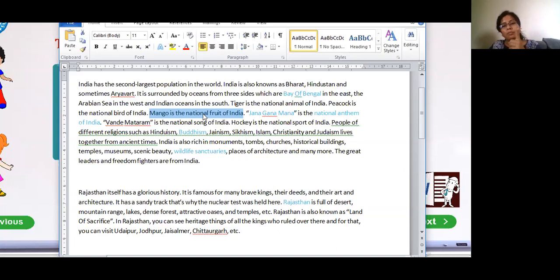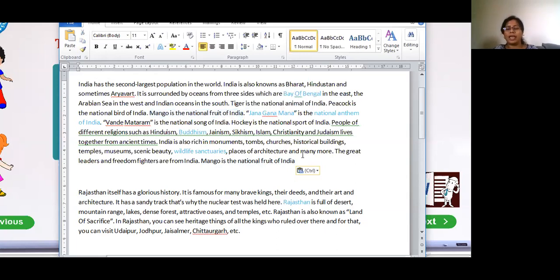But here, take your mouse pointer to the Copy option by itself. See, the computer itself is prompting: Copy Control C, Cut Control X, Paste Control V. So what am I going to do? Mango is a national fruit of India. Instead of going to the clipboard, I'll just select it. I'll do Control plus C. It got copied. Now Control plus V. See here, now it is available here, and here also. So it is available on both sides.